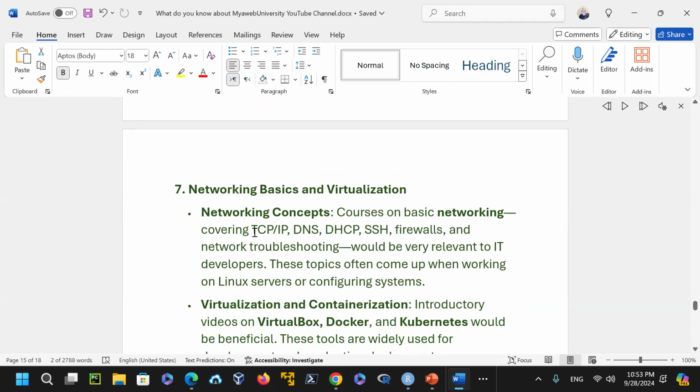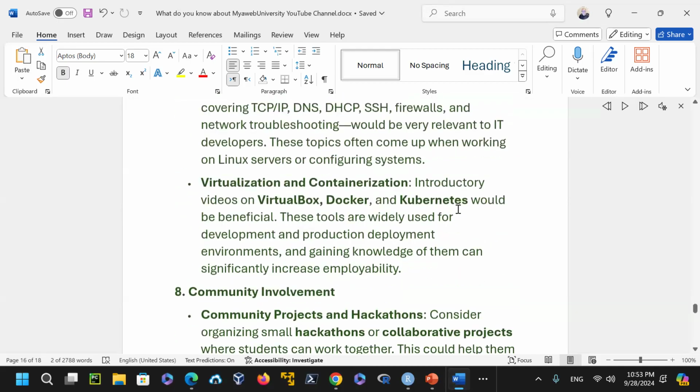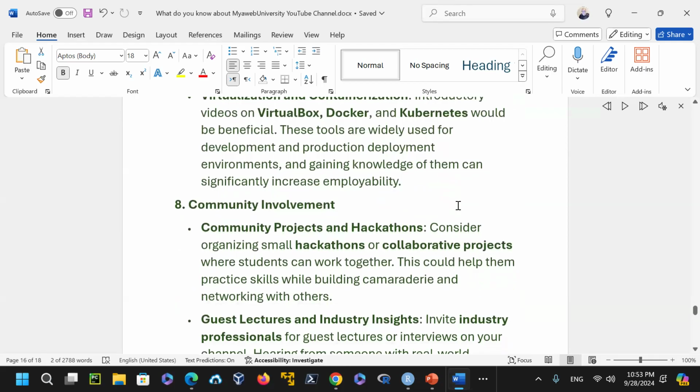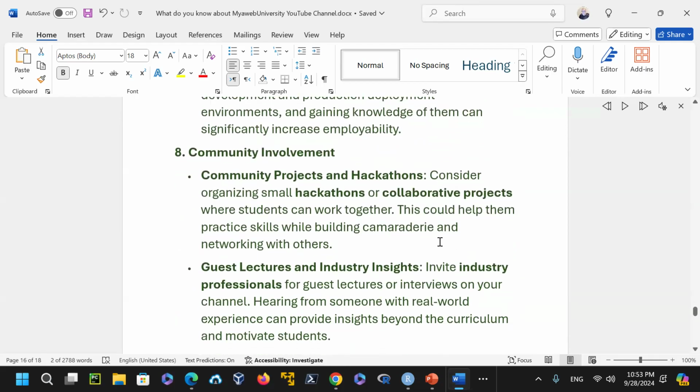And the networking concepts, I have done a lot on the Linux side as well as Windows: TCP/IP, Transmission Control Protocol, Internet Protocol, DNS, Domain Name Services, DHCP, Dynamic Host Configuration Protocol, secure shell, firewalls and other stuff. So I've covered a lot in my courses. I have covered Docker and VirtualBox extensively. I have not covered Kubernetes yet, but I am planning to do it, including Ansible and other products that they